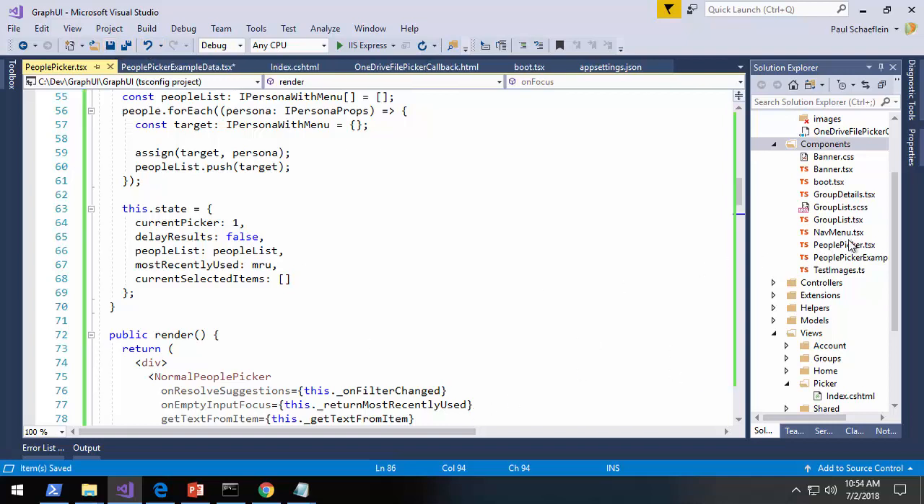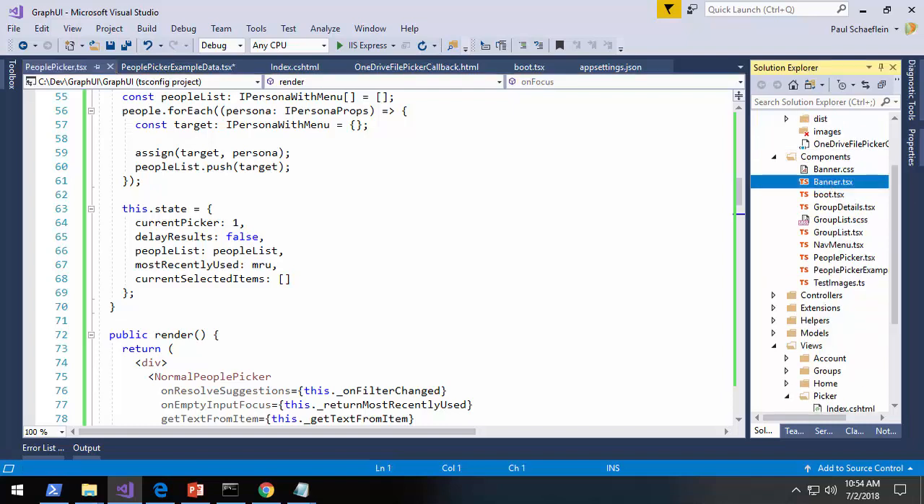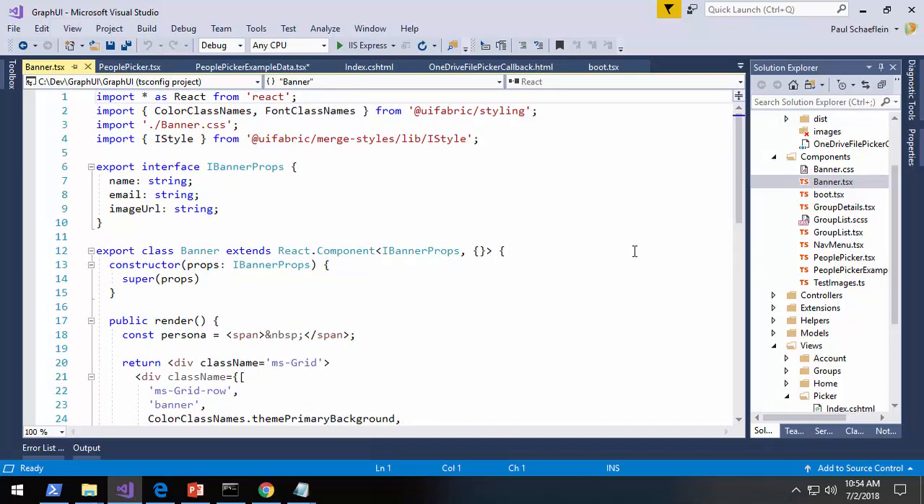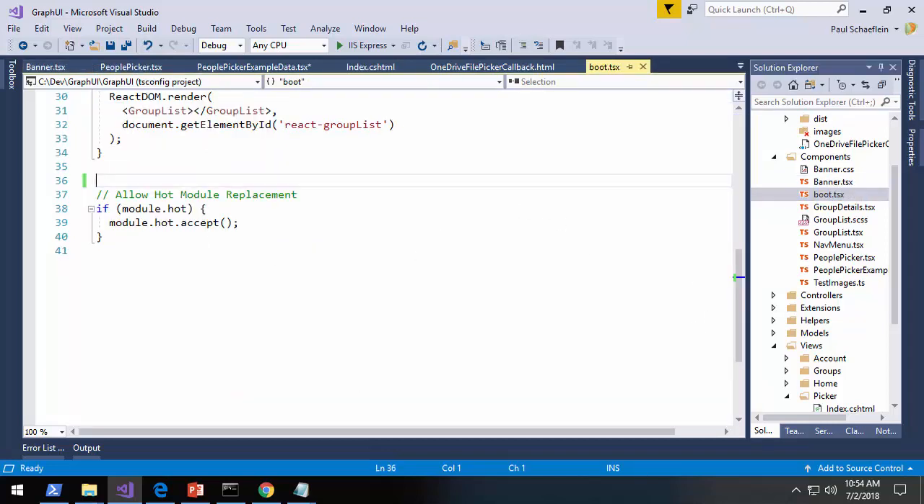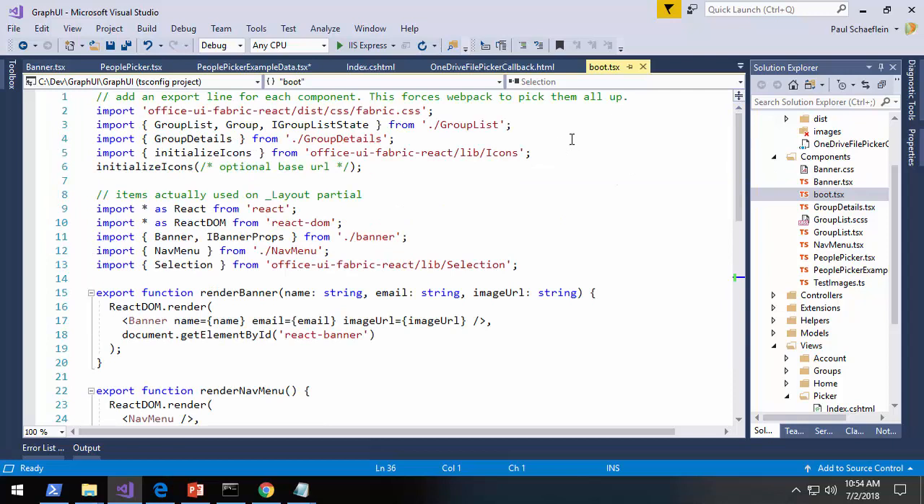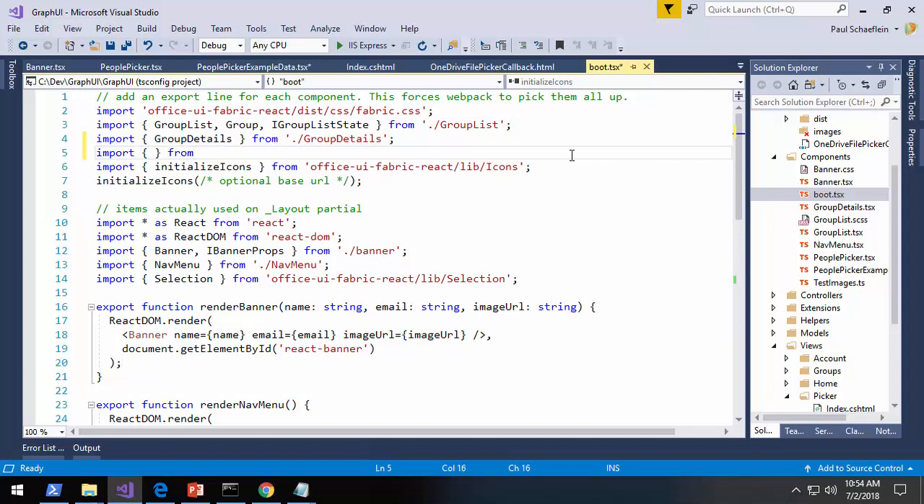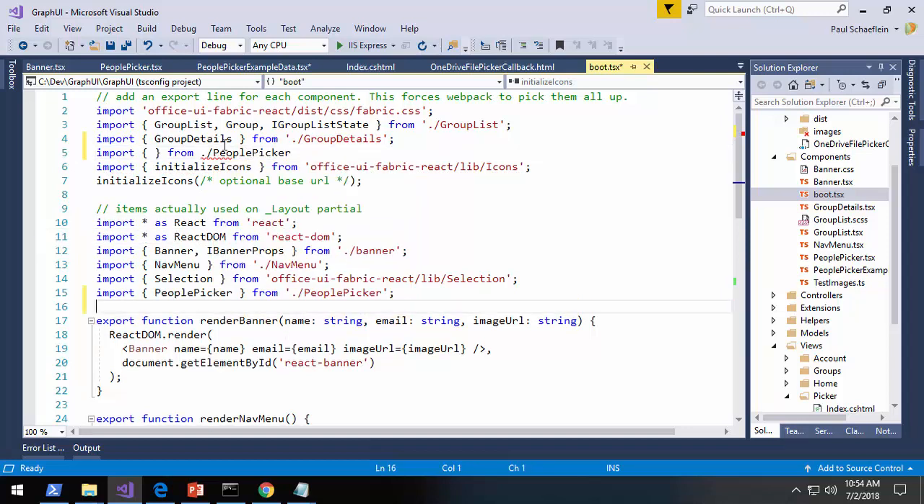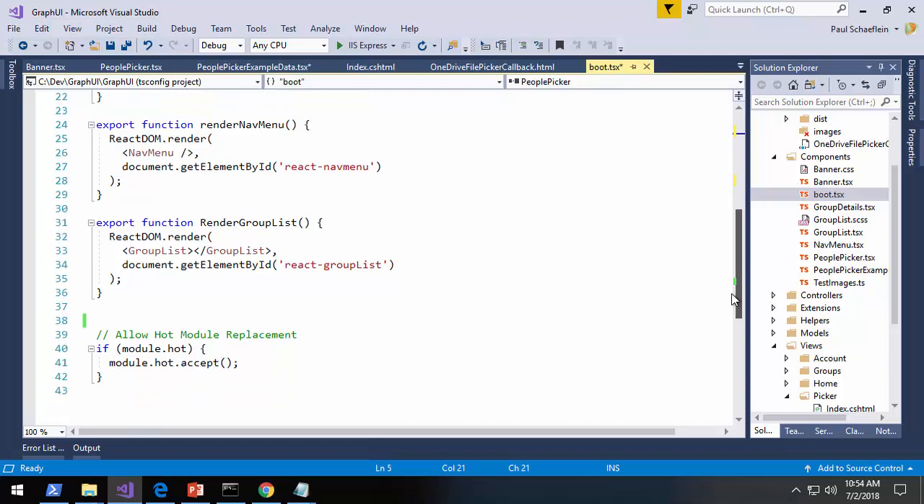Now, I need to include this people picker in my components that get built, and that's part of the boot.tsx file here and the way that this project is structured. I'm sorry, I clicked on the wrong file, so I'll click on the boot one, and now I need to add that code. First of all, I'm going to add an import at the top, anywhere among the imports. So I'm importing the people picker class from the people picker file,